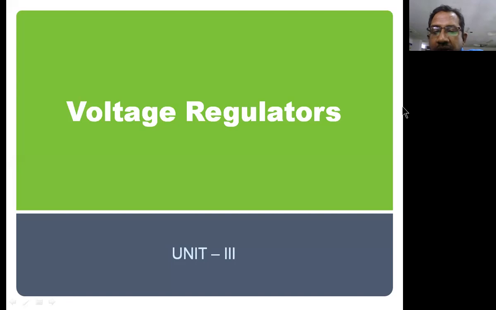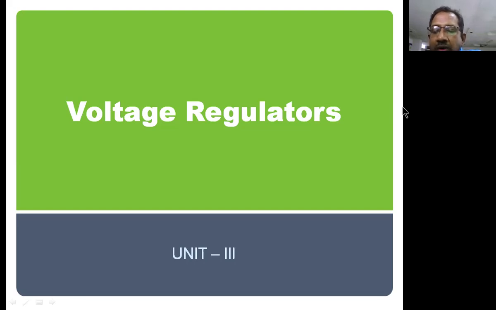In today's topic, we'll be dealing with voltage regulators. In the previous topics, we have covered the basic fundamentals of the voltage regulators, and we discussed the necessity of regulation. What is the basic necessity of going for regulation? The output voltage has to be kept constant irrespective of changes in the circuit conditions. That is very much essential for the electronic circuit to operate.